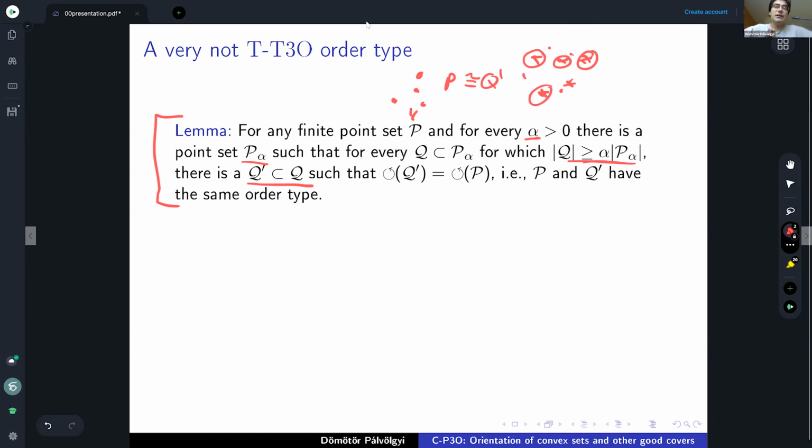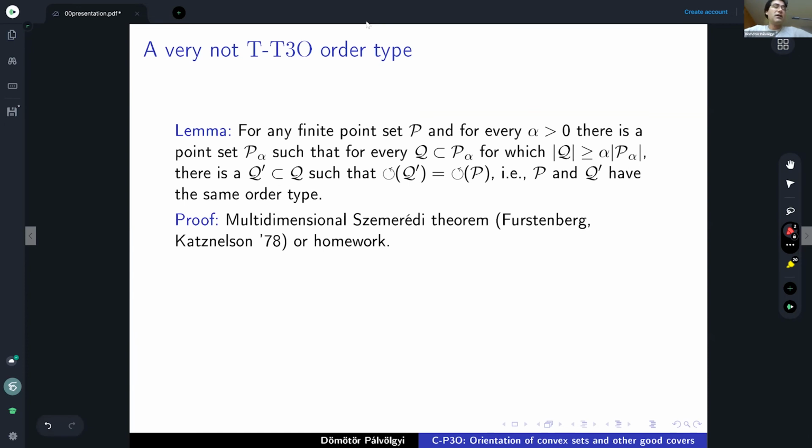So this is a statement that's independent of everything that I've talked about until now. We need this lemma, that's why I'm stating it. And its proof follows from a very hard machinery, from this multidimensional Szemerédi theorem that says that whenever you have a large grid, then you always have a subgrid in it. So whenever you want to find an n by n grid,